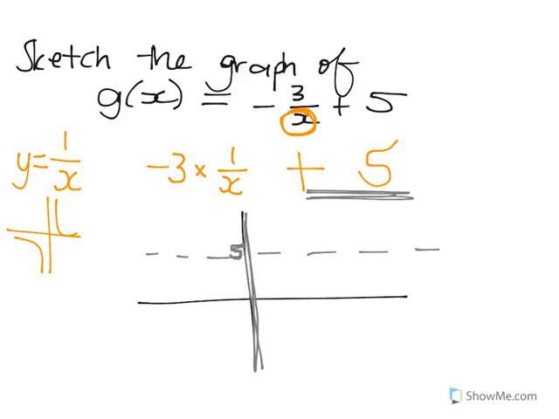And because of this -3, there's that reflection happening in the x-axis, because these outputs are now being multiplied by -3, so they're going to come over here, and these outputs are being multiplied by -3, so they're going to become negative and come here. So you end up with a graph that looks like this,